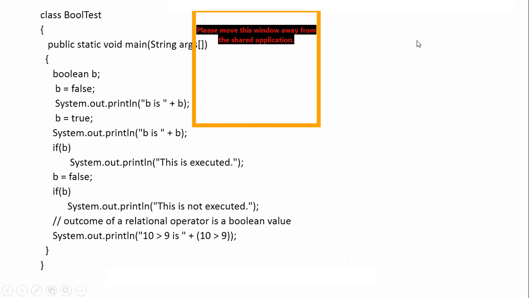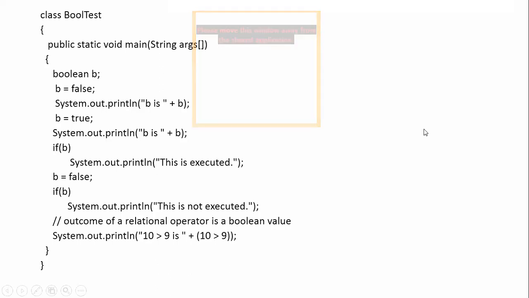Students, can you please tell the output of this program? Come on, make it fast. Students, the session gets terminated. You can use the same link to rejoin again.